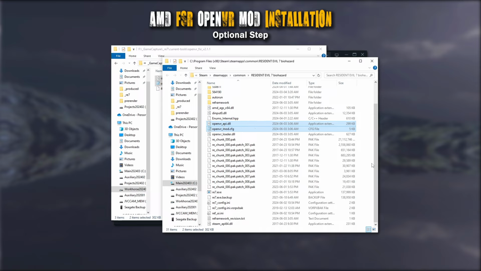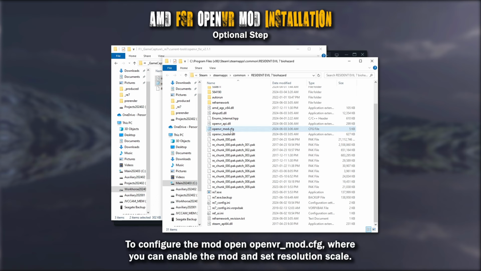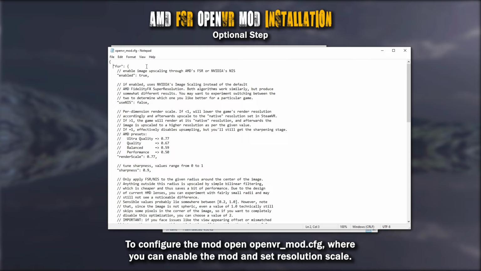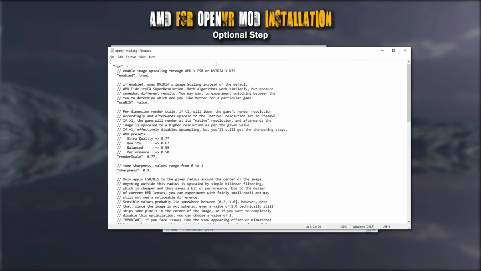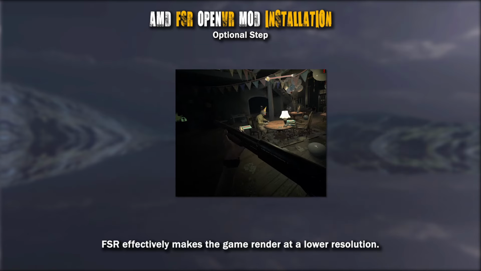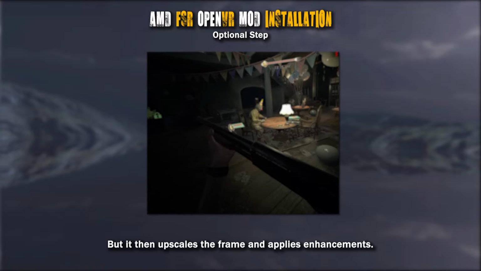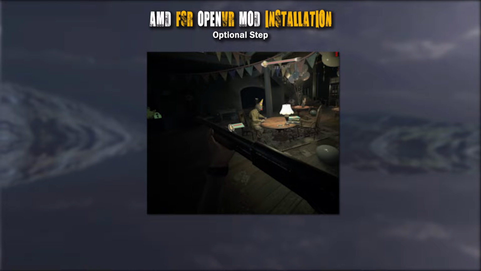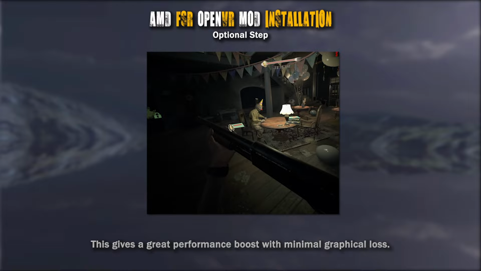Next, you can open the file openvr_mod.cfg in the root of your game to change the settings for FSR. There's a lot of options here and I could go on for hours about each one, but I'll only point out the enable parameter, which should be true if you want this mod to run, or false to be disabled, and just as important as the enable setting, render scale, which represents at what percentage the game resolution will render before being upscaled. For example, my setting of 0.84 means the game will render at 84% of what it normally would, and then upscale the image through the FSR filter with enhancements all the way to 100% of the intended